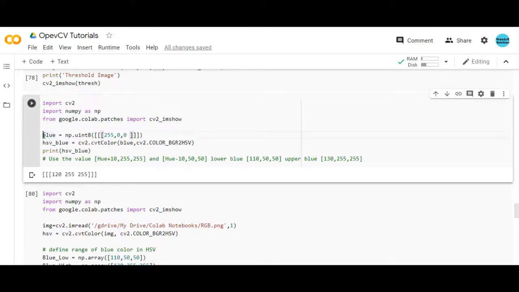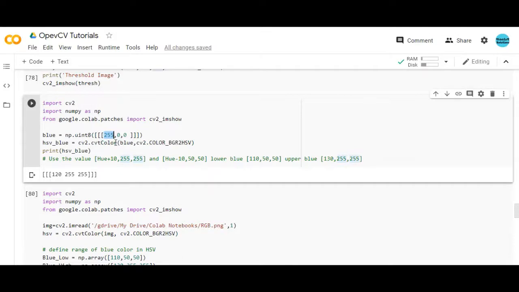I have taken a variable called blue, and I am setting the pixel value as 255, 0, 0. So I am using the first layer, making it 255, and the other two layers I am making 0. When I do that, the pixel I am creating is a perfectly blue pixel, because the other two entries are 0.